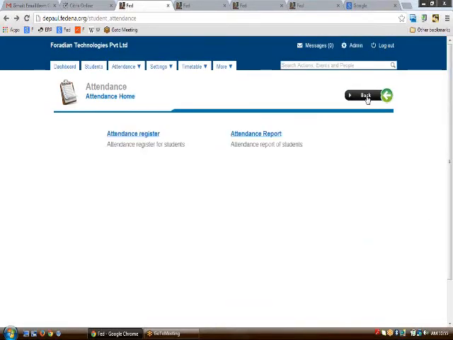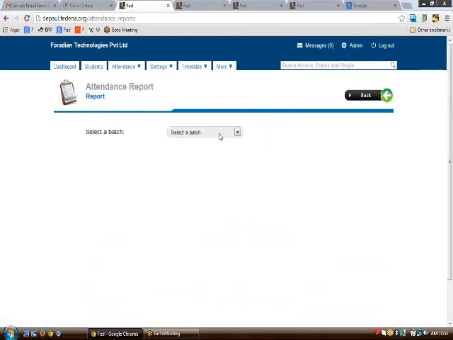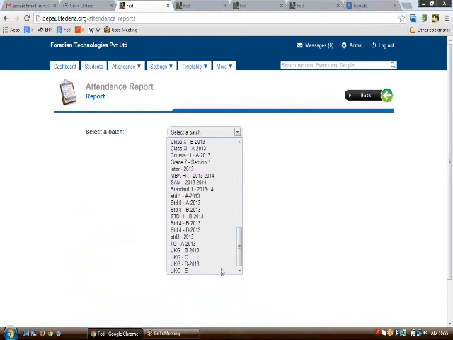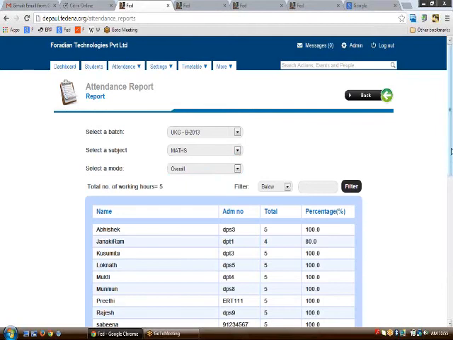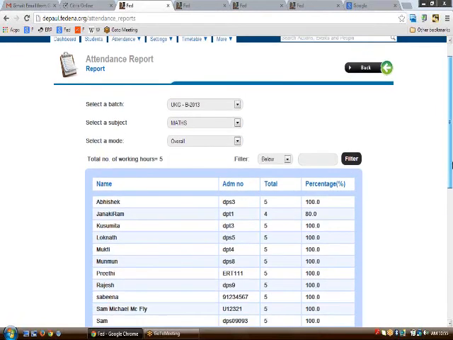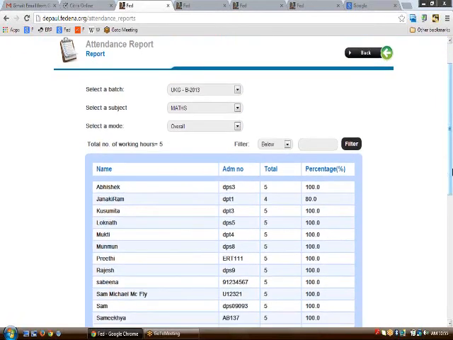Then comes the attendance report. In attendance report, you can just go to the select batch here, UKG 2013, and the subject, and the mode, whether it's an overall mode or a monthly mode. So this way you will be able to see the attendance report of your students for a batch, for a